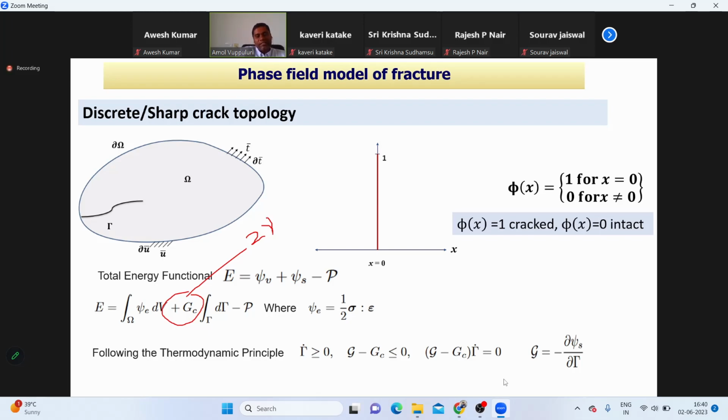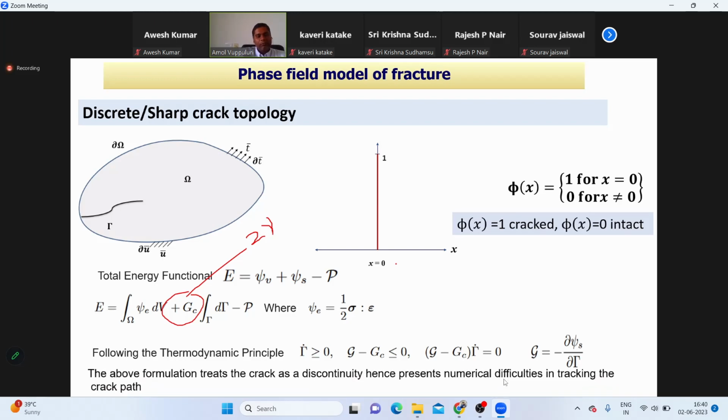So the energy release rate G has to be less than or equal to GC. Or by combining these two, you can say that (G minus GC) multiplied by the time derivative of tau has to be equal to 0. By taking these conditions, you can actually study the crack propagation, but